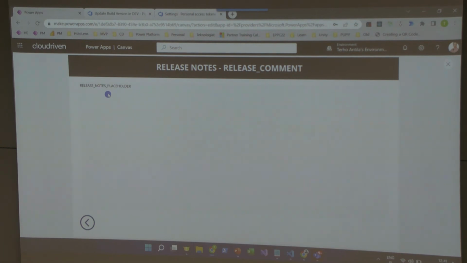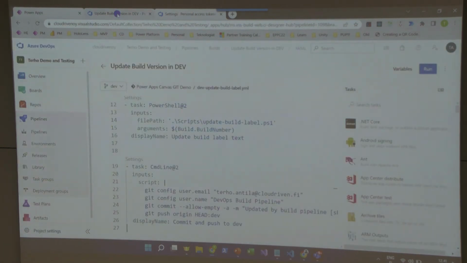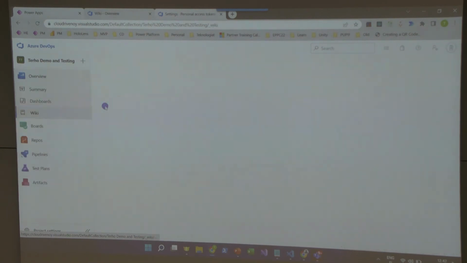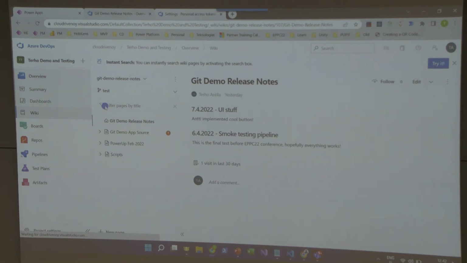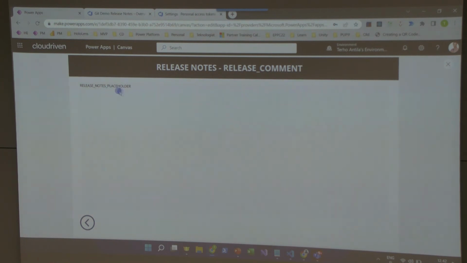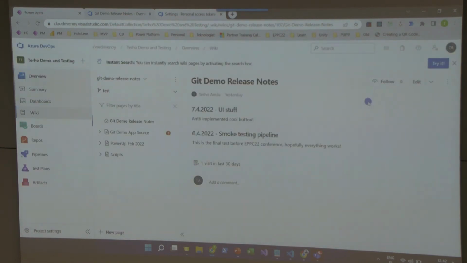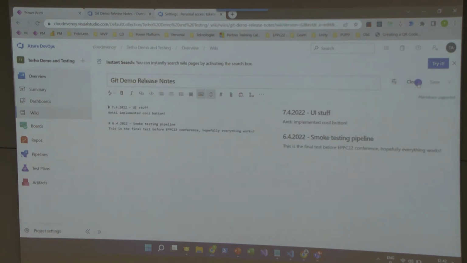And how it works is that in Azure DevOps, we have this wiki, and that pipeline uses this wiki, so it takes the contents of this wiki page and puts that content into this release notes placeholder area. So now I can edit this wiki page and describe that 10th of June,